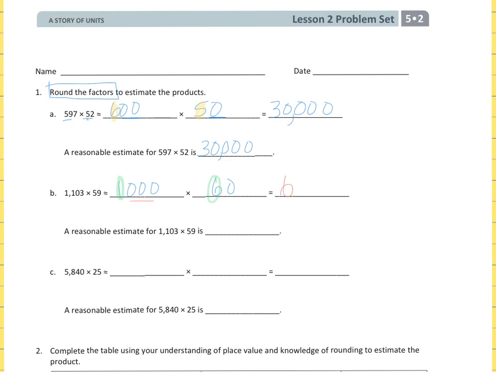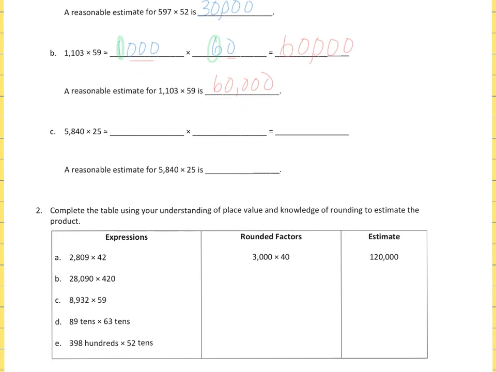And then add 3 zeros plus another 0. That would be 10,000. So this is going to be 6 10,000s. That means we put 4 zeros at the end to get 60,000. So a reasonable estimate would be 60,000. We're going to skip 1C and then we're going to move on down to